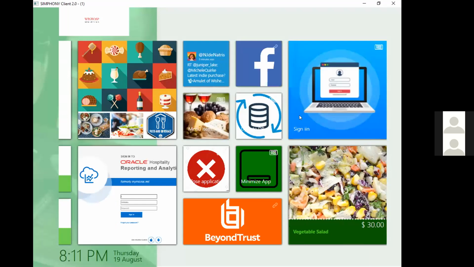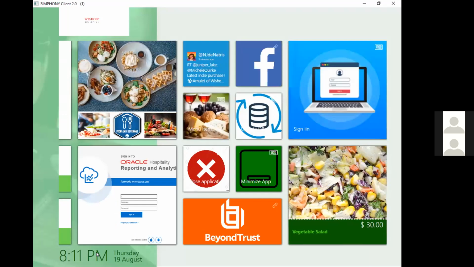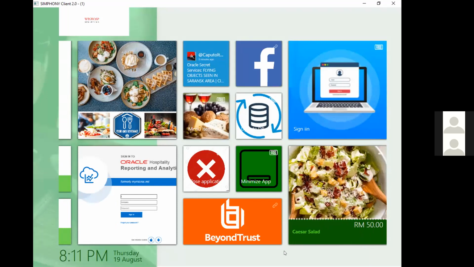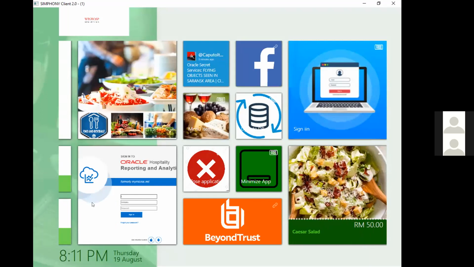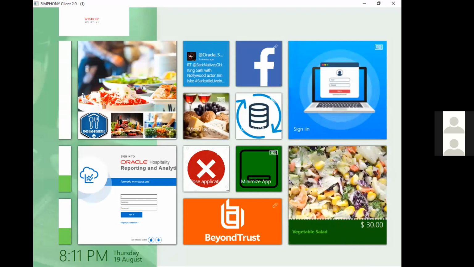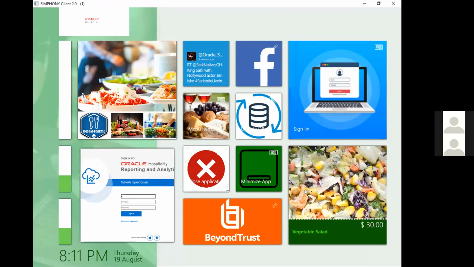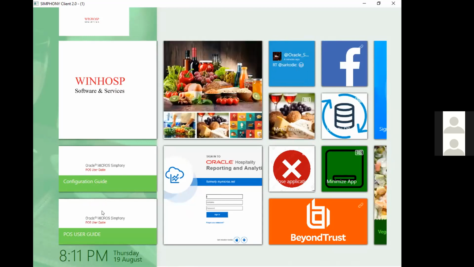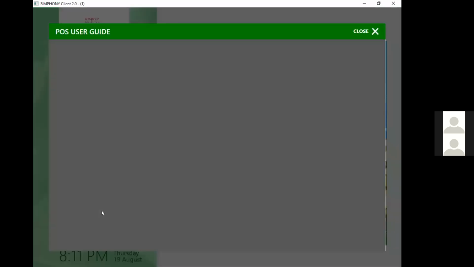Closing this one. On the left, when I was starting the video, I left two of the initial items. This is the configuration guide and the POS user guide. Oracle has released the configuration guide on docs.oracle.com. I have copied the link and linked it on my POS screen.